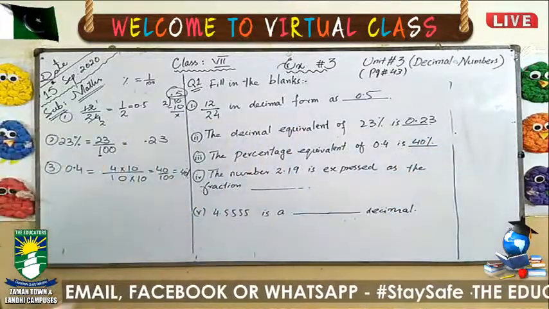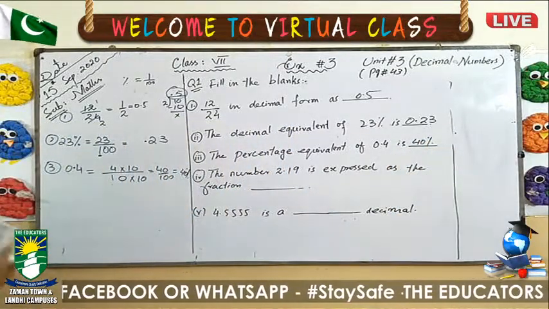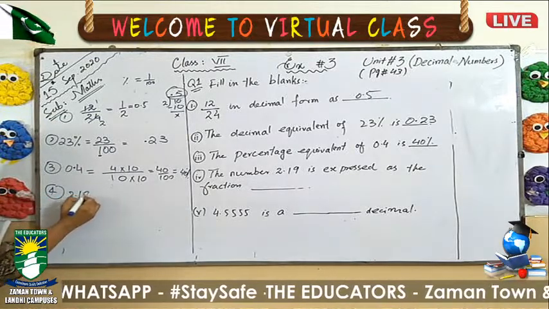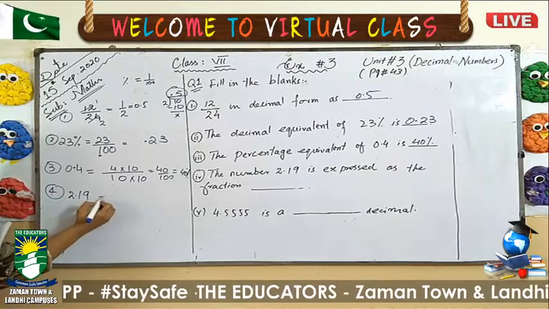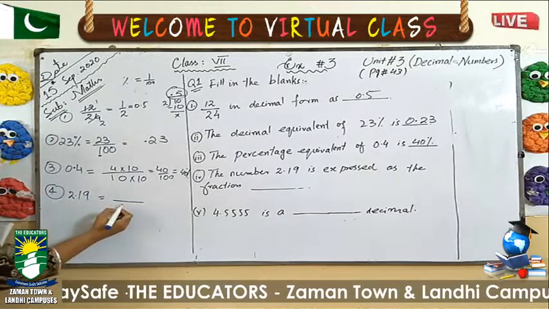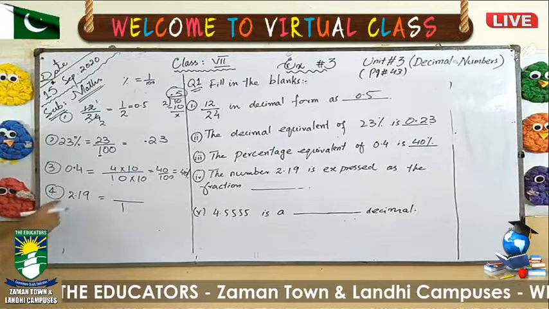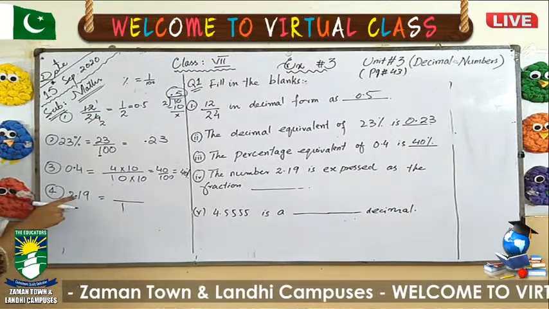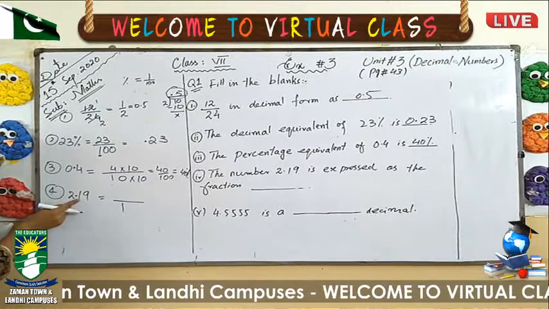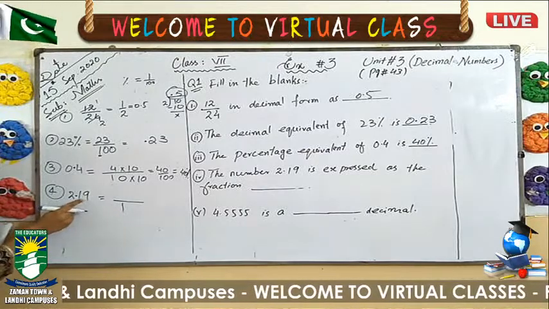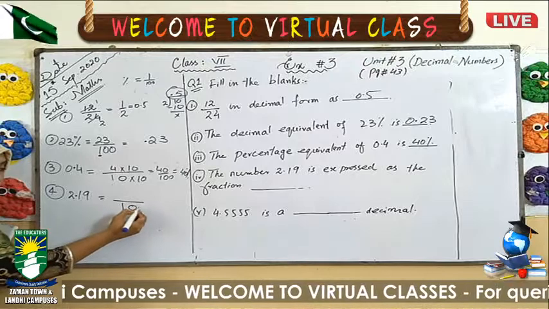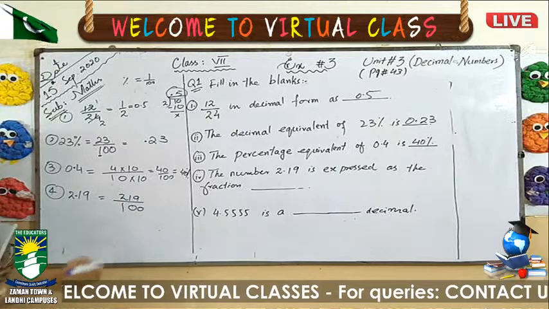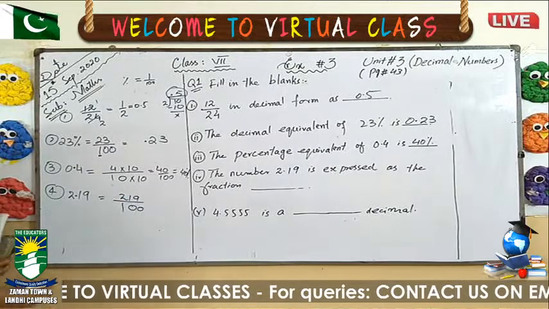Your fourth is the number 2.19 expressed as a fraction. In the place of the decimal, I will write 1. After the decimal, how many numbers do I have? 2. 1, 2. So I write here 2 zeros, 0 0, and write your numerator the same. So your answer will be